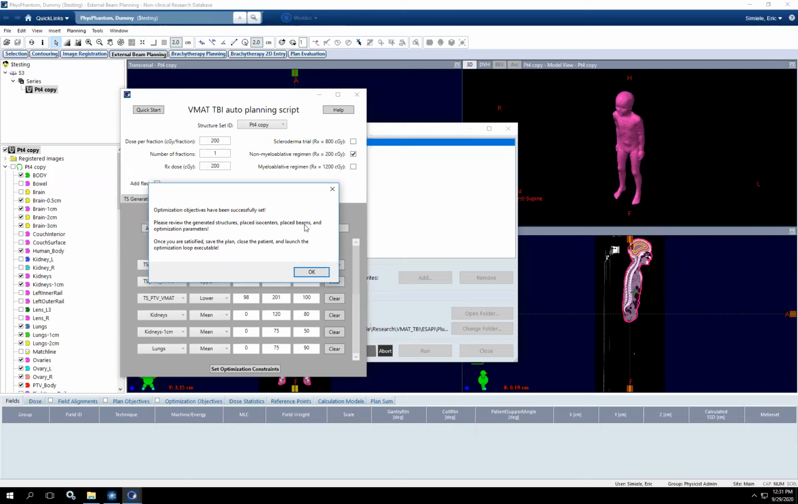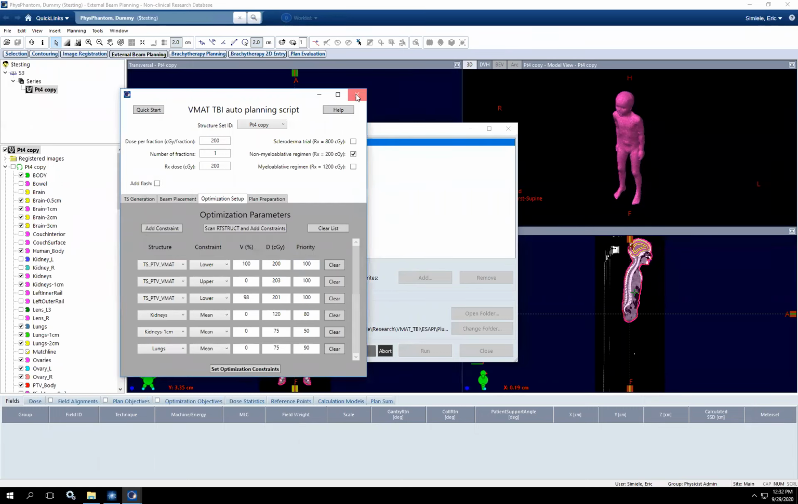So now it wants you to close the script and thoroughly review the generated tuning structures, where the isocenters are placed, how the beams are oriented, and the set optimization parameters. And once you're done with that process, you can go ahead and close Eclipse and then launch the second script. So if we go ahead and close it,